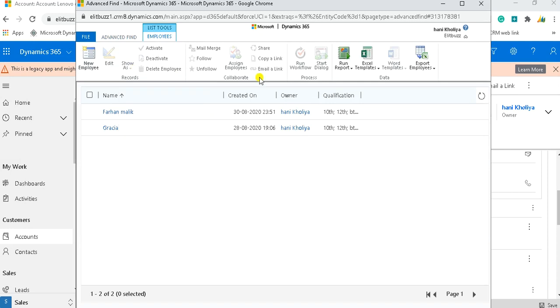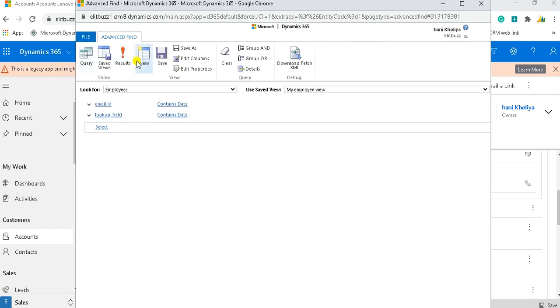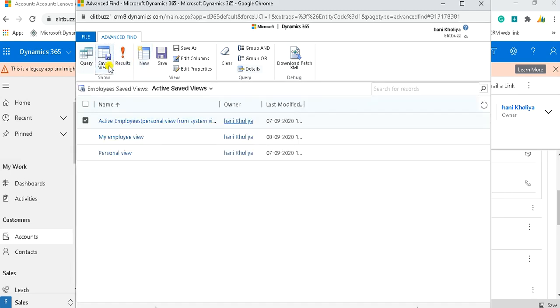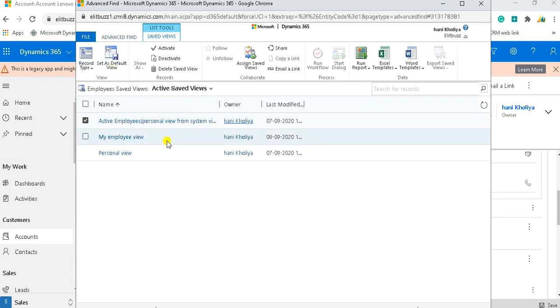And if I want to export these records, I can click on Export Employees. Whatever type of sheet you want to make it as, you can make it. And in case I want to share my view with another user who should have user level access, I can do so. I'll go to saved views, click on My Employee.